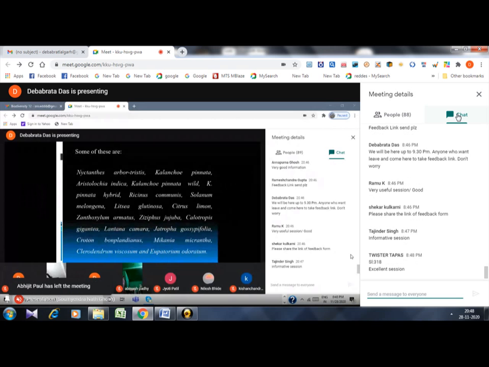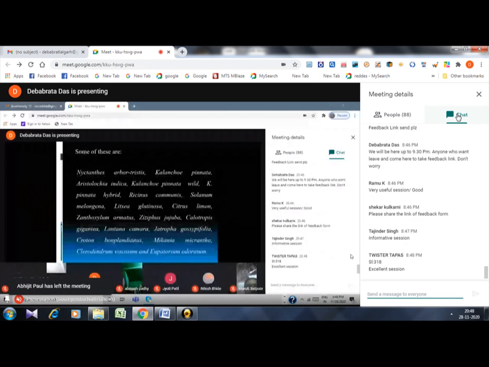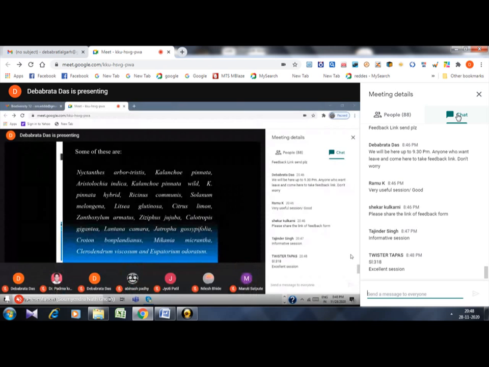Then you can also see here Aristolochia indica. That plant hosts many roses. Means, that is not a flower, there are butterflies named common rose and crimson rose. I have shown you the picture before, the crimson rose. And there are many other plants like Kalanchoe pinnata, Nyctanthes arbor-tristis, etc.